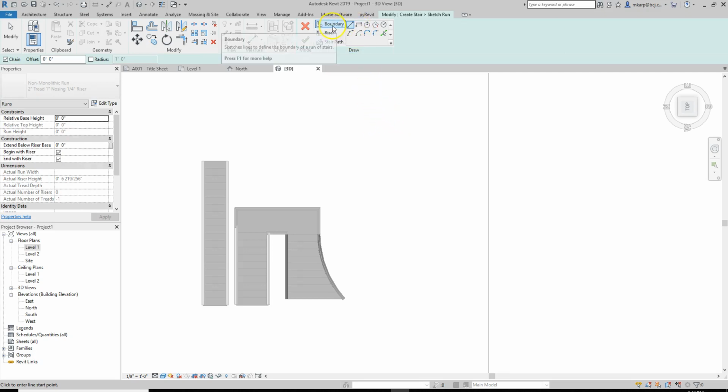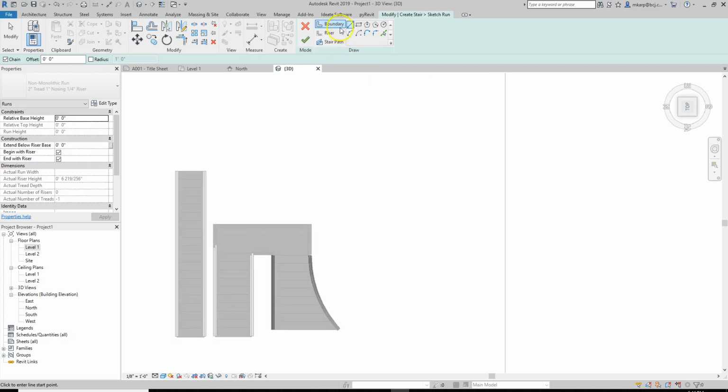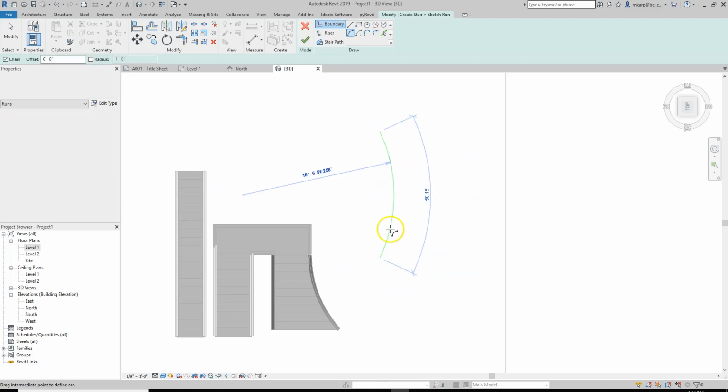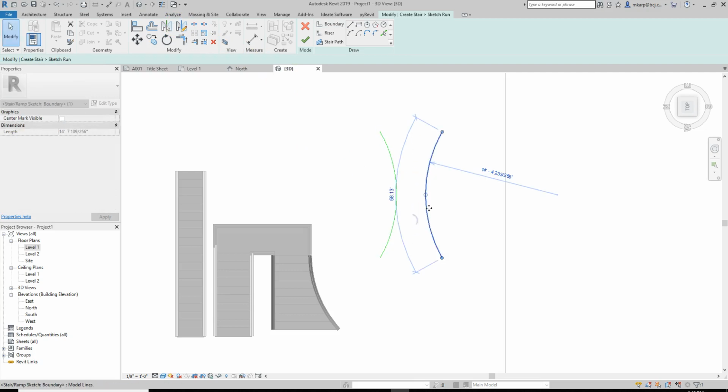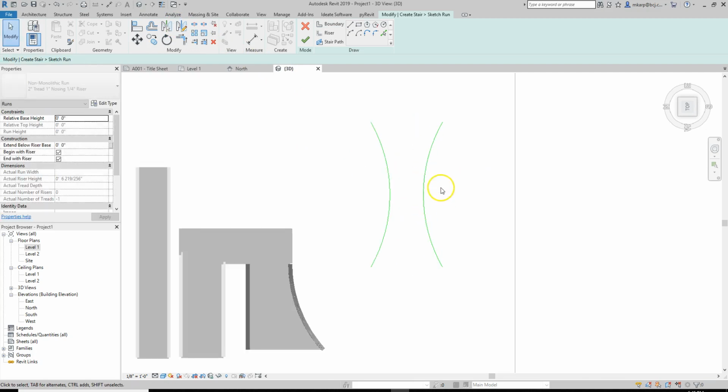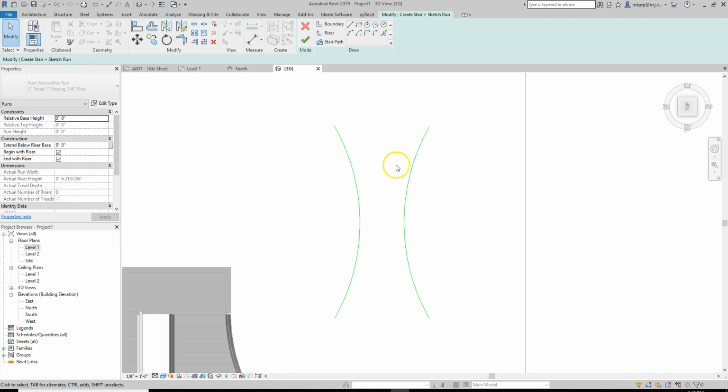And then what we want to do is draw the boundaries of what we want to draw. So let's say this staircase has a curve on each side, kind of like this. We can mirror it in the middle, like that. So that is the boundary of our stair. Now we want to draw our risers. So what I'm going to do,